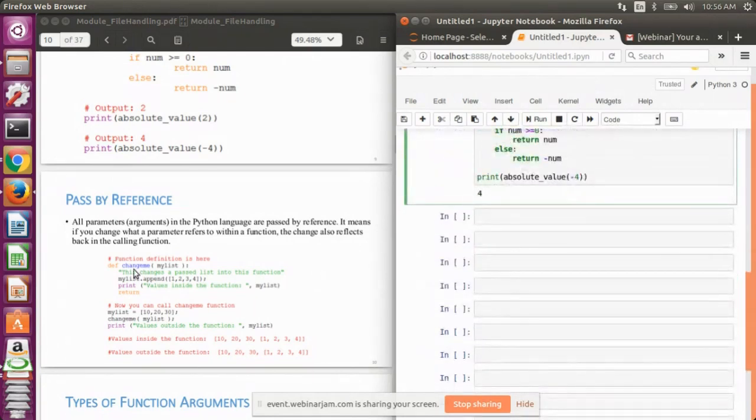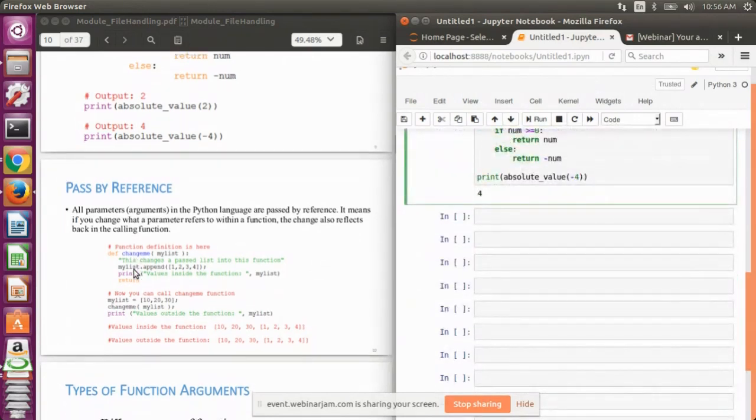I have considered an example where the function is named change me, and here I am passing a list variable named my list, and I'm appending some values to this list, that is 1 2 3 4, and then I'm printing my list and returning the same variable.